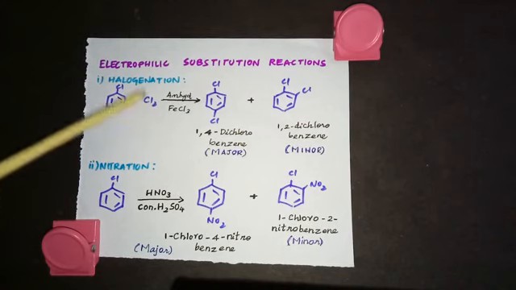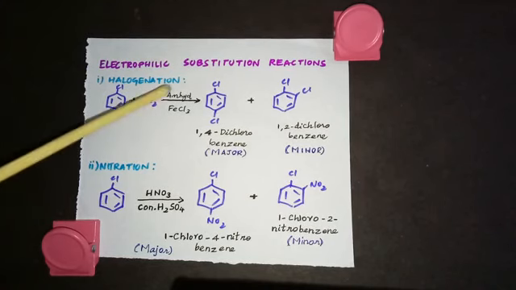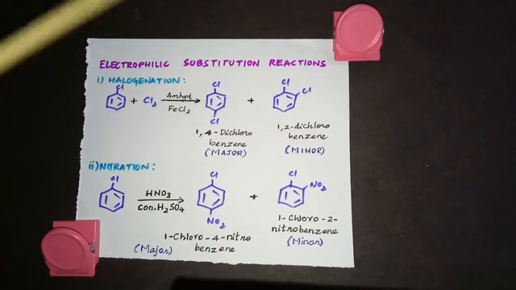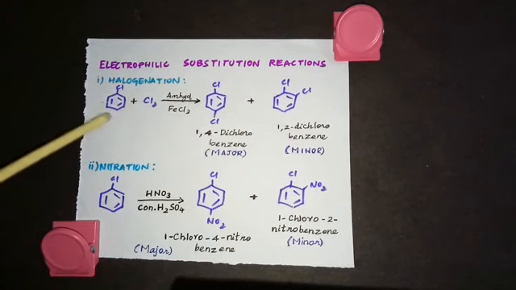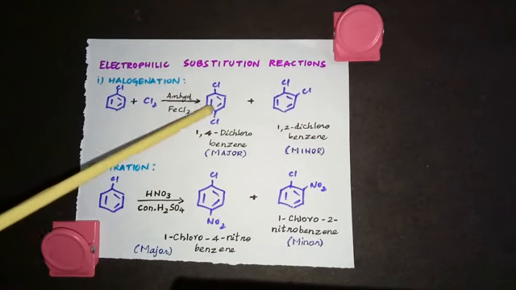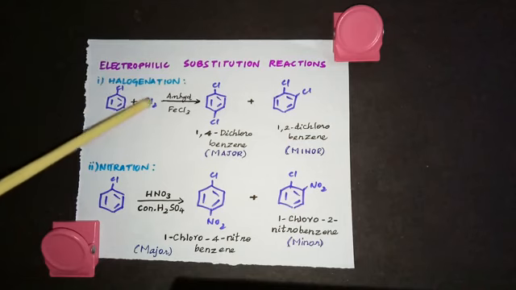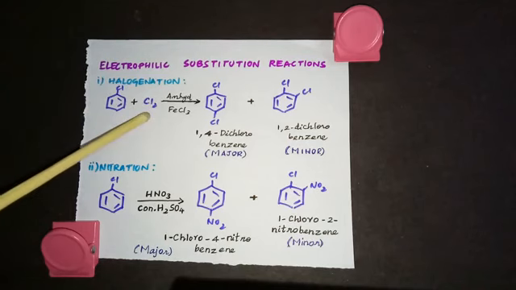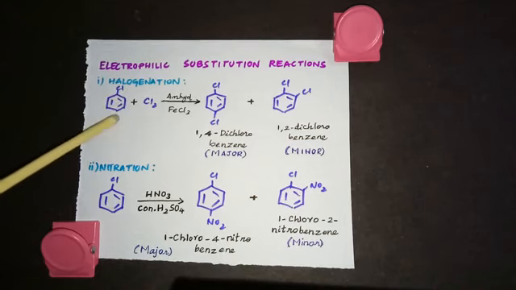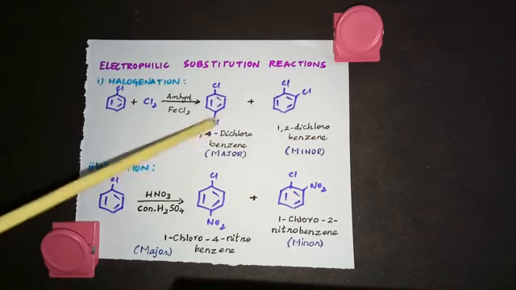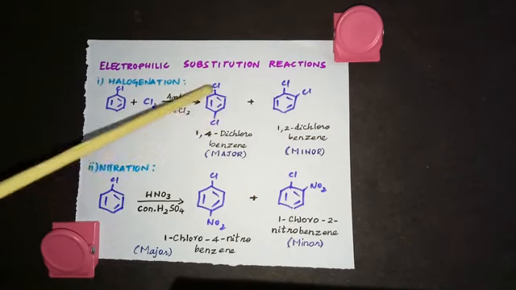So we represent the electrophile as Cl+. This reaction takes place in the presence of anhydrous ferric chloride. So chlorobenzene reacts with chlorine in the presence of anhydrous ferric chloride. I told you this chlorine directs the incoming electrophile, which is Cl+, to the ortho and para position. So see, you're getting a mixture of ortho and